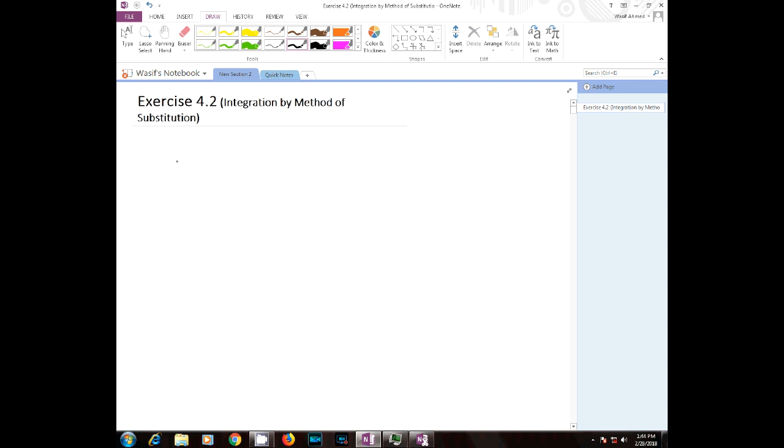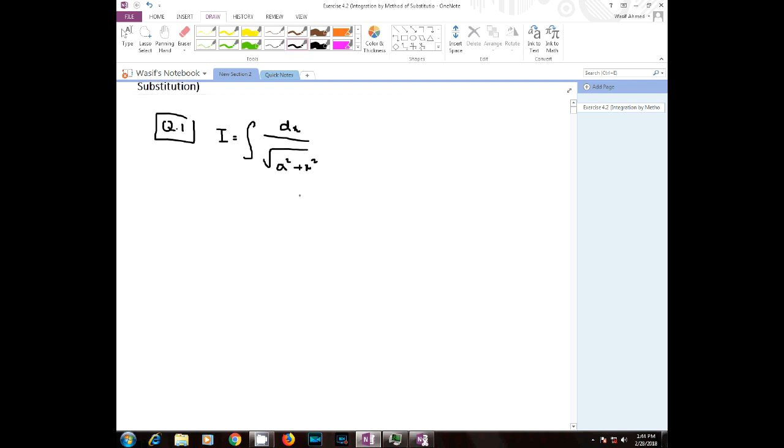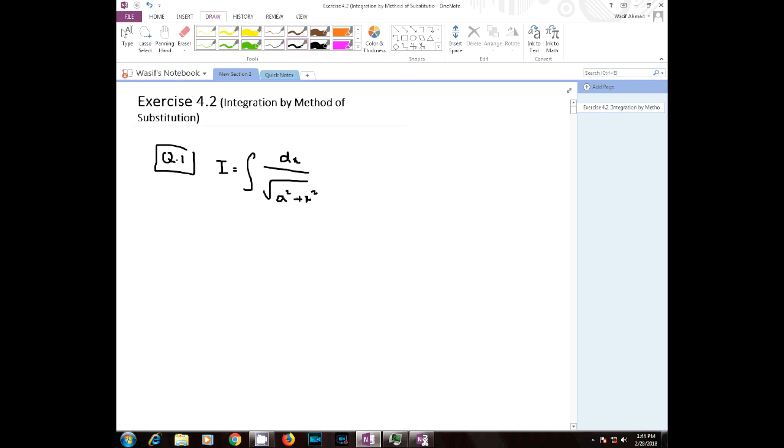So let me start straight away from question number 1. Question number 1 is you have to integrate dx divided by square root a square plus x square, and we know that whenever the integrand is of the form a square plus x square, we have to put x is equal to a tan theta. So we are going to make that substitution,